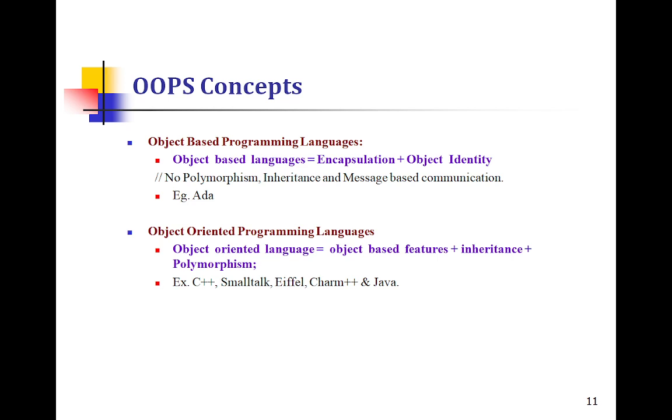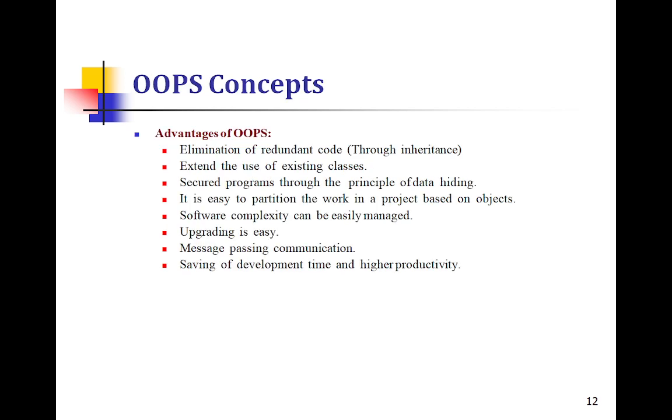There was another type of programming language like object oriented available; now it won't be there. Okay, so an object oriented programming language will support the object oriented features and other things like inheritance, polymorphism, data encapsulation and all other things have been included. That is an object oriented program. These are some examples we are using for object oriented.